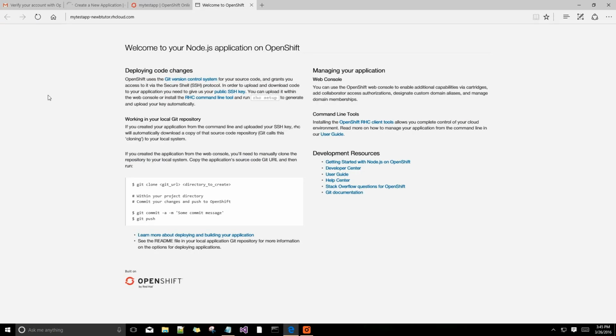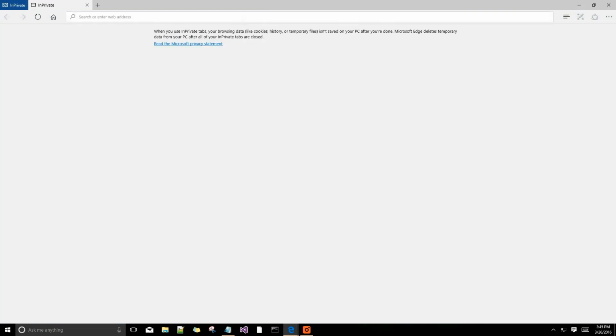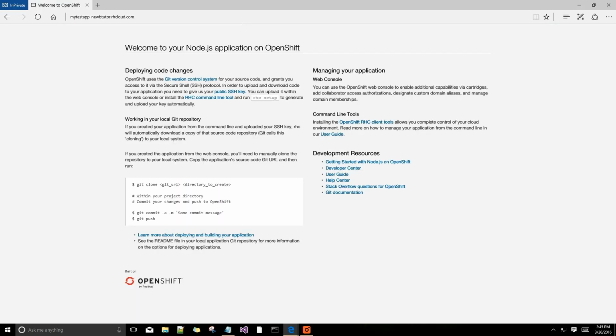This page is given by OpenShift as a default. So you created an application, you did not provide any code, but this is the default page. You can just check if this link is live or not. I mean, you don't really need to sign in somewhere or anything. So yeah, it is in a private window. I have not signed in anywhere. It is public. Oh, this is the default page.